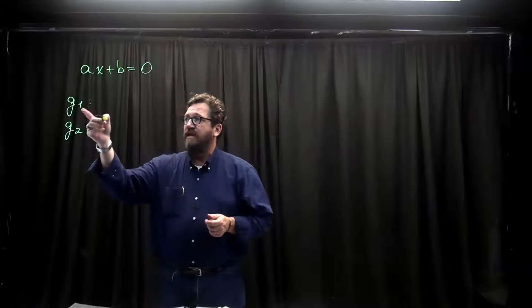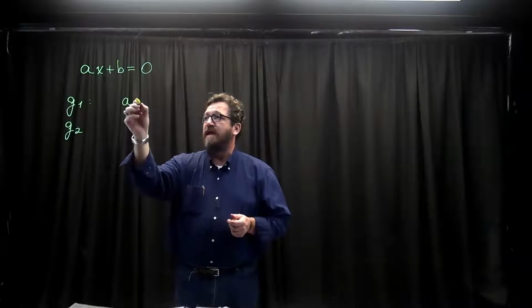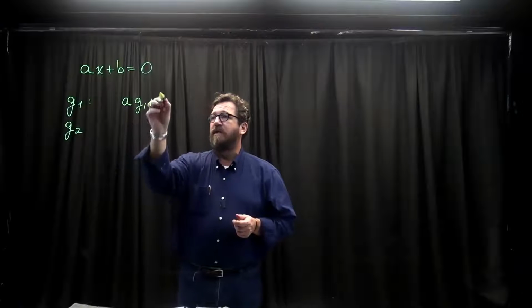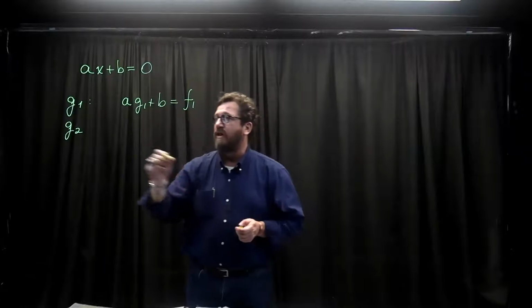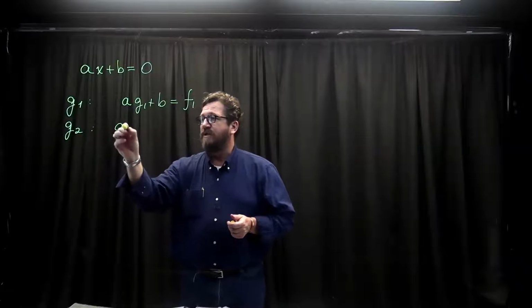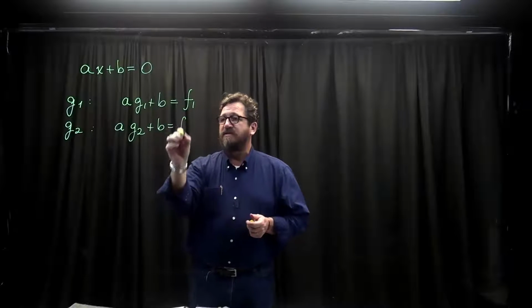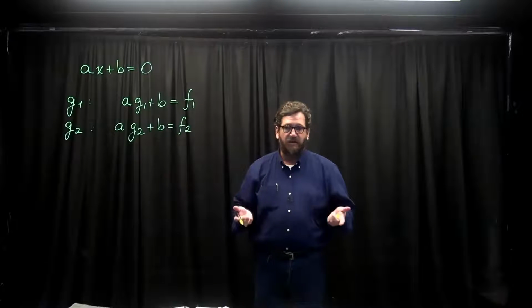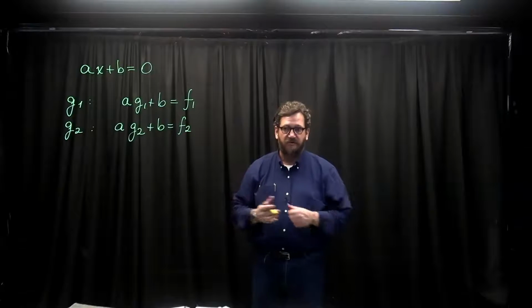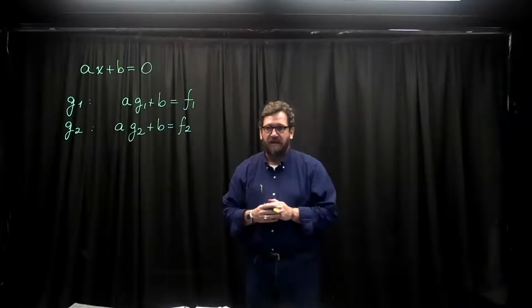So if guess 1 is made, I now have the equation a times guess 1 plus b is equal to some false position 1. I'm also given a times g2 plus b is some second false position. It's not hard to make 2 guesses. It's not hard to get 2 false positions. Tickety-boo, we're good to go. Now then,